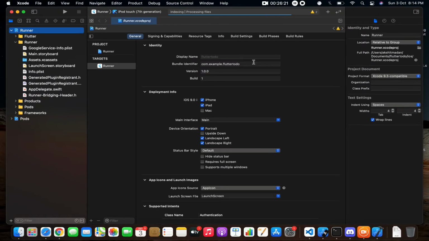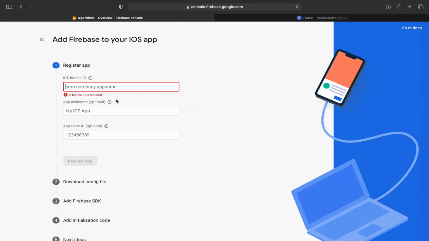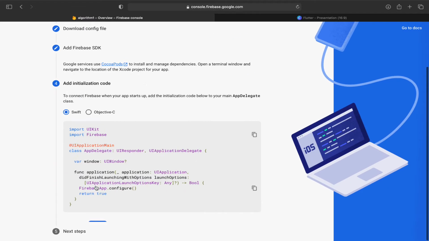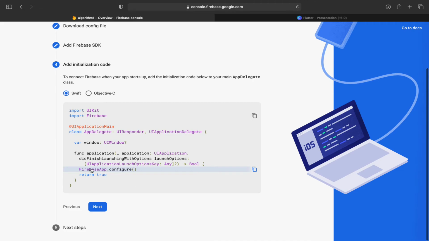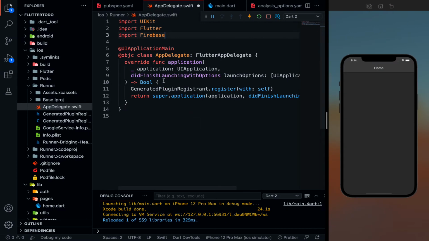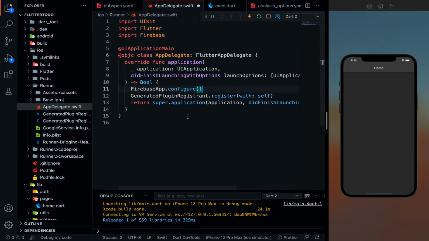Let me copy this thing and paste it over here. Okay, click on register app. Yes, so let me copy this part, FirebaseApp.configure, and we have to put this inside the boolean. So let me just paste it.